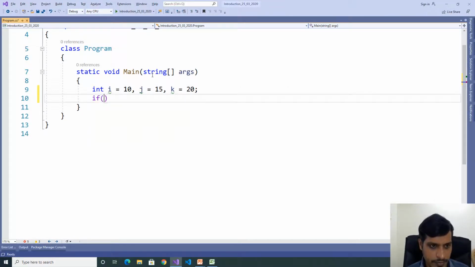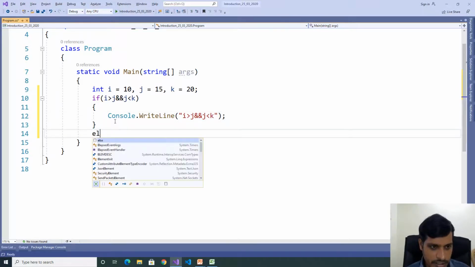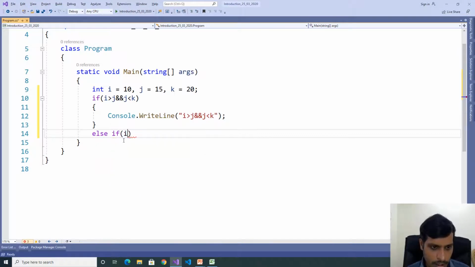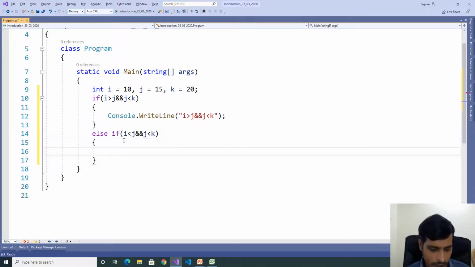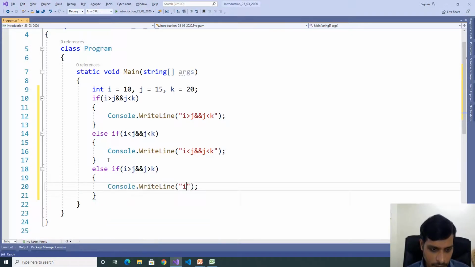Here if i greater than j and j less than k, Console.WriteLine i greater than j and j less than k, else if i less than j and j less than k, Console.WriteLine i less than j and j less than k, else if i greater than j and j greater than k, Console.WriteLine i greater than j and j greater than k.